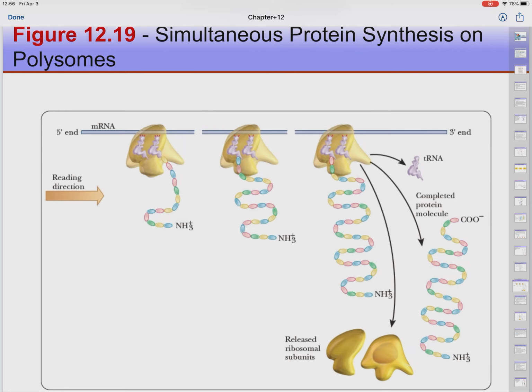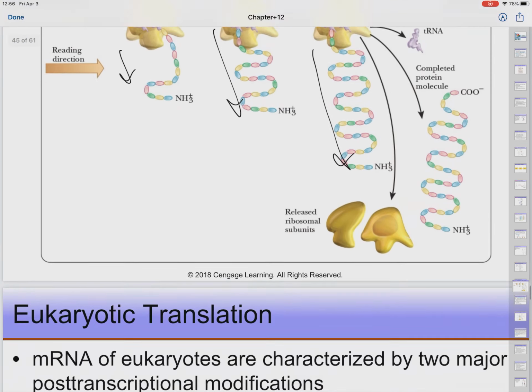So what you're seeing here is meant to be a big long section of an mRNA, and then there's 1, 2, 3 ribosomes all running along, one clearly having gotten much more protein transcribed than this one and then this one. Your book has a really good picture,